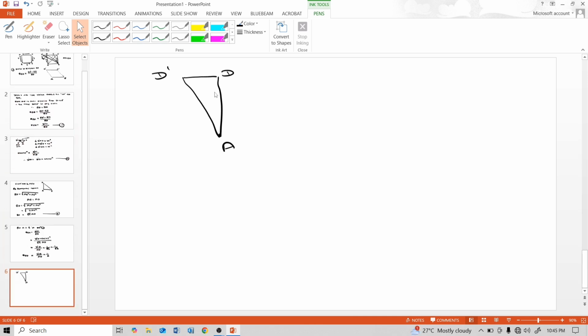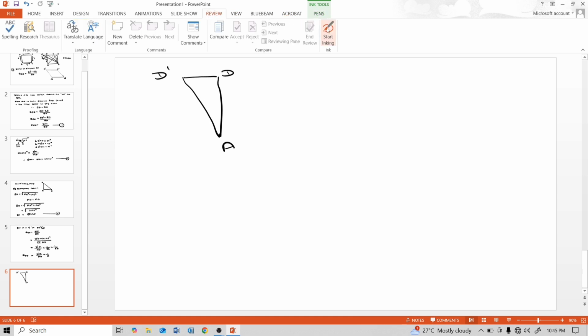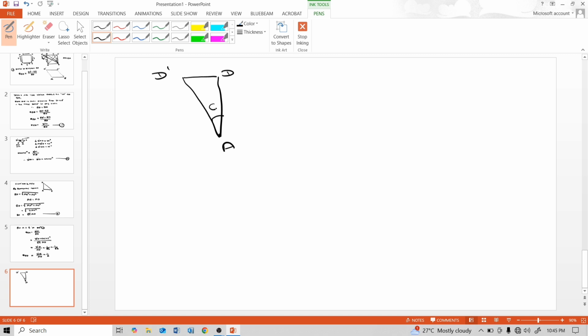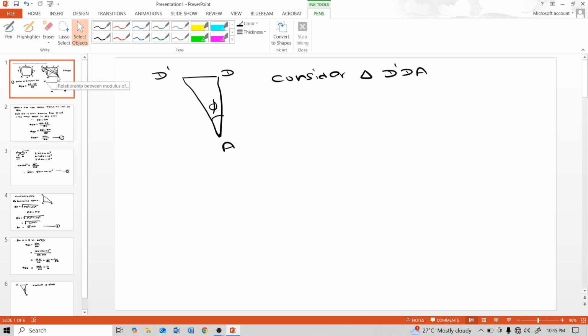Consider triangle ADD dash, and this angle is phi, the shear strain phi. First see, consider triangle D dash DA, you may call it D dash DA. Due to this